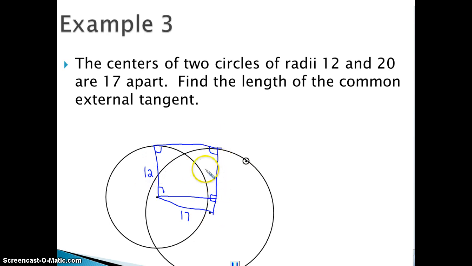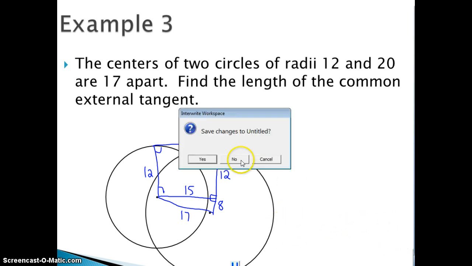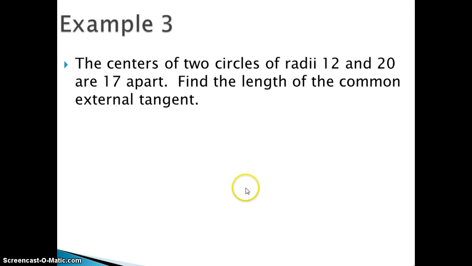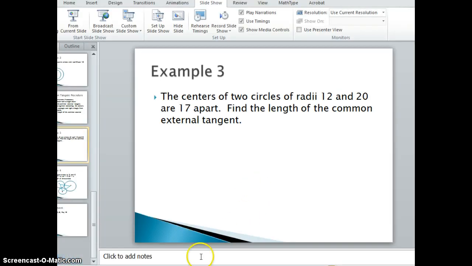But wait, in a rectangle, the opposite sides are equal. So this is going to be part of 12. And what's left is what's left over from 20. 20 minus 12 gives me 8. And then from there, I'm going to complete the triple. It's a right triangle. If it's not a triple, I need to use the Pythagorean theorem to find the common external tangent. 15. And because opposite sides of a rectangle are the same, that's 15 as well. So that's the main idea for the section, that we want to make sure we know what a tangent is, we have to know what a secant is, and the main idea for the